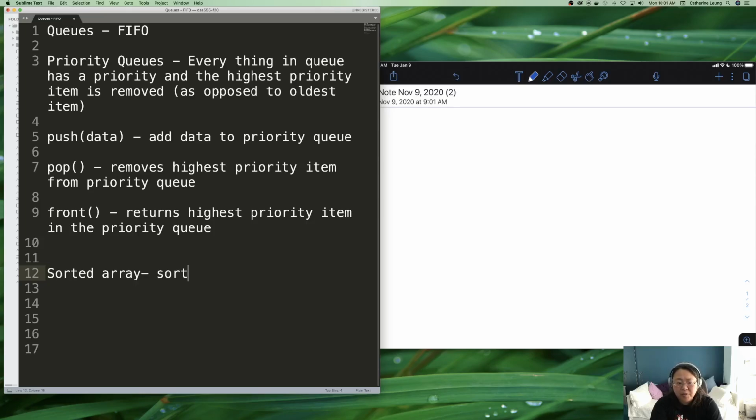And it's going to be sorted by priority. So instead of being sorted by value, it's sorted by the priority of the object. So we somehow have a way to assign priority to an item, and we sort it based on its priority. Now, for implementational reasons, we are actually going to put the highest